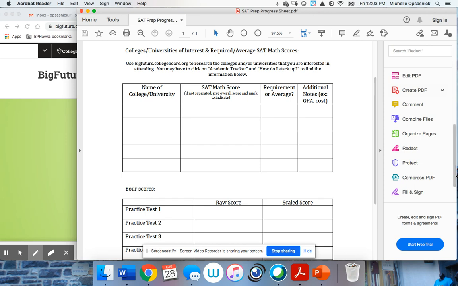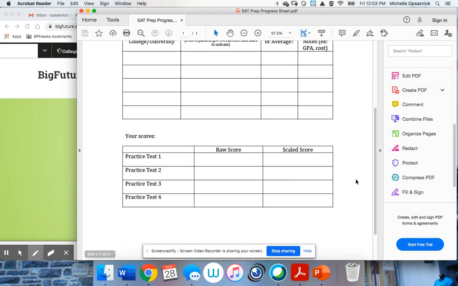Okay, so we're going to take a look at filling out this progress sheet. There are two important things on the progress sheet that we're going to be interested in. One of them is just tracking your scores. So, on the bottom portion here of the progress sheet, you're going to keep track of your progress from each